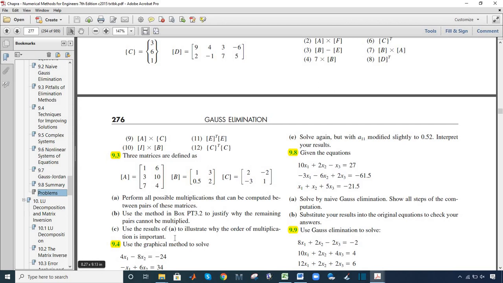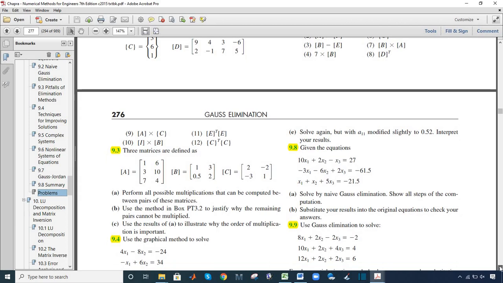You know that in matrix multiplication, the commutative property does not hold. When you multiply B with C and after that you multiply C with B, you will note that the answer is different, so the commutative property does not hold here. You can conclude that the order of multiplication is very important for this reason.